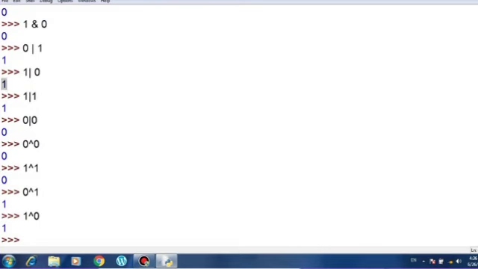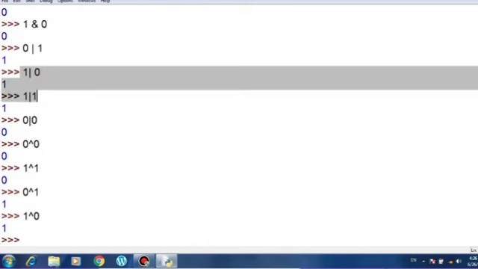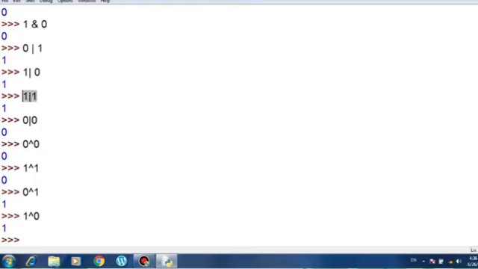Okay, but in case of inclusive OR, you can see here that when any of the operands is true, or in case of both the operands being true, it will give you the answer true. The only case when it returns false is when both are false. So this truth value testing table is complicated, but you have to remember it. Once you start doing it, you will be able to analyze the difference between all the operators.